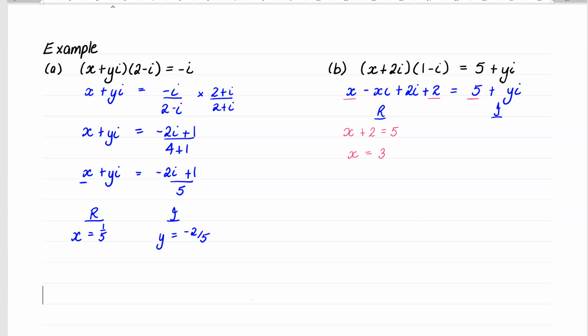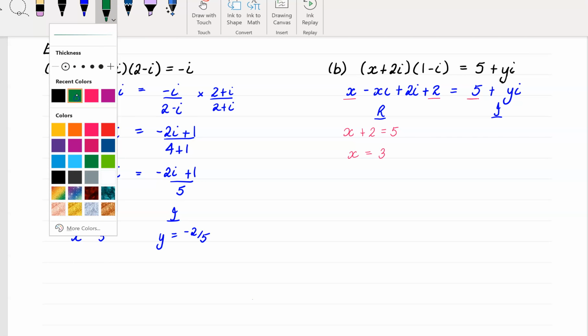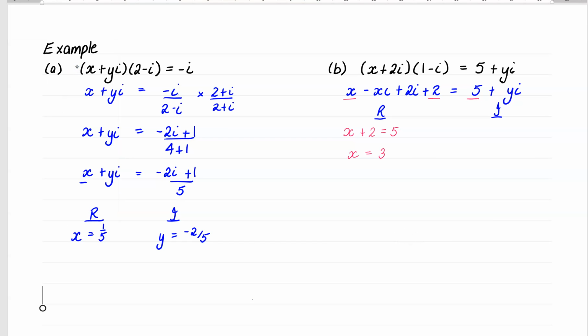And therefore, I can now say, well, that means x is 3, right? And if we change that up a bit, we can go with the green, and we can say the imaginary, should have dotted my i there, the imaginary, right, be careful, it's not just x, it's minus x, the whole thing in front. So your imaginary on the left-hand side is minus x plus 2, and on the right-hand side, it's y. Now we've just figured out that x is 3, so that becomes minus 3 plus 2 equals y,